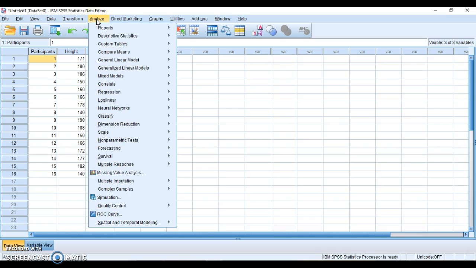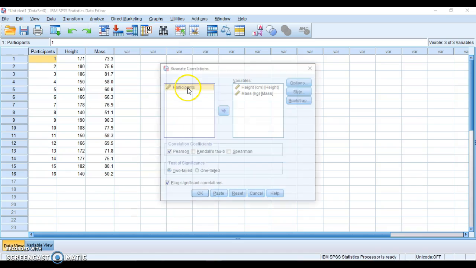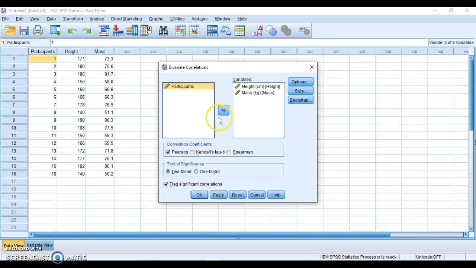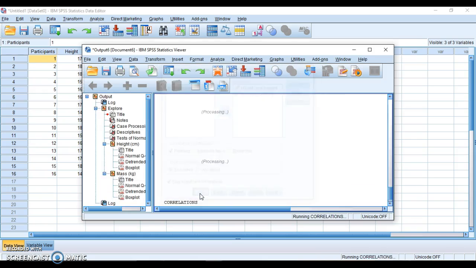To do this, click Analyze, Correlate, Bivariate, and you want to move both your variables into the variables box here. Click Pearson's correlation. You want to make sure it's two-tailed because you don't want any bias in it. This means that you're splitting the alpha score in two directions because you're not 100% sure if it's got to be a negative relationship or a positive relationship. And then you press OK,